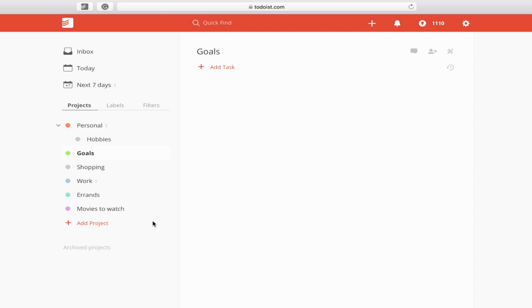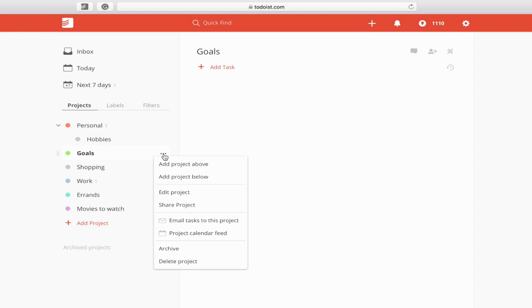So the best thing to do is always click on the little 3 dots here. I'm not really sure what it's called, but 3 dots, it works. So you click on that, and here you can go ahead and archive that project because you're done with it. You don't need to see it no more, but you don't necessarily want to lose the information. Now, you could always delete a project if you accidentally created one and you don't have any tasks associated with it. You could always delete it, but my suggestion is always archive it unless it was a mistake when you